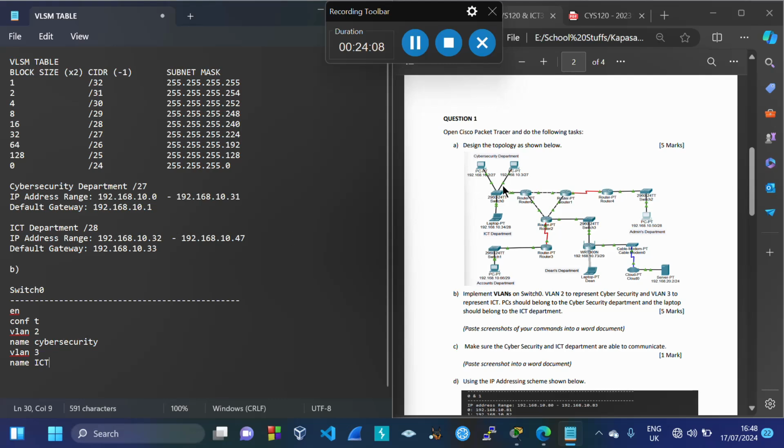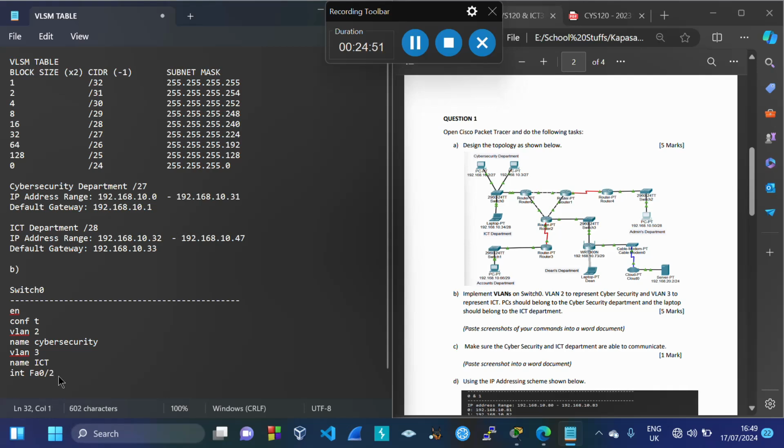Remember, we talked about assigning the ports to the particular VLAN where they belong. I'll start off by targeting cybersecurity. These ports we are talking about are coming from a certain interface of a switch. Therefore, we'll say int to represent interface. Then, since they are fast Ethernets, we say FA. Now remember, the first interface, FA0/1, went to the router. Then the second interface, FA0/2, went to this PC for cybersecurity. So we'll be saying FA0/2 to represent that